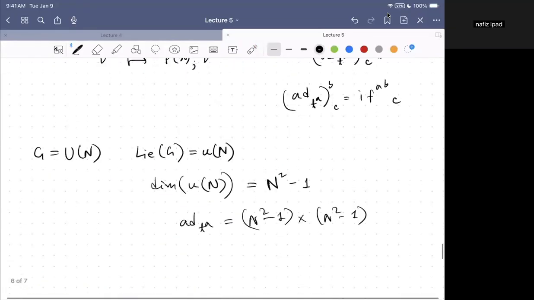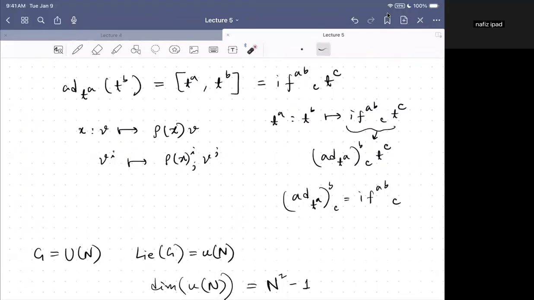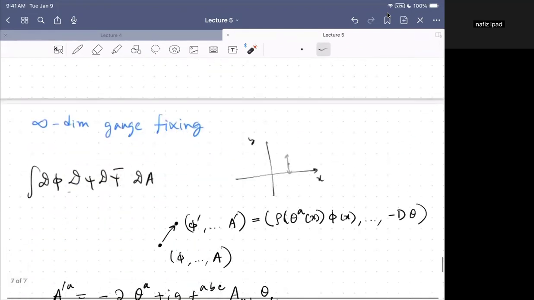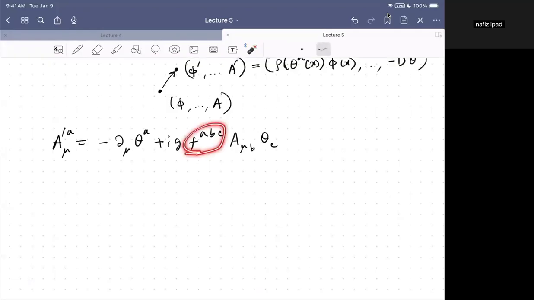Now recall that we have this formula that the adjoint action is the same as the structure constants, or basically the commutator of the basis vectors is the same as the basis vector accompanied by the structure constants. So whenever you see structure constants, this is basically coming from a commutator. So what's going on here is that